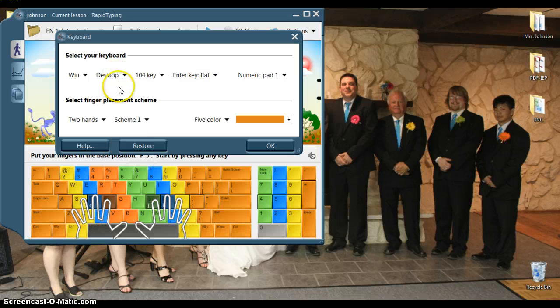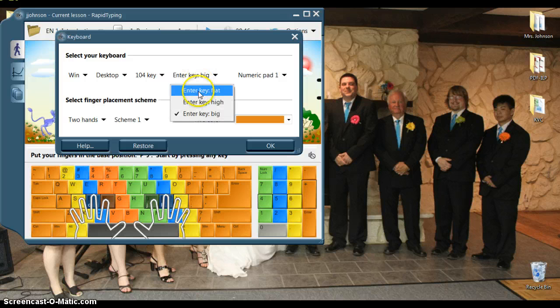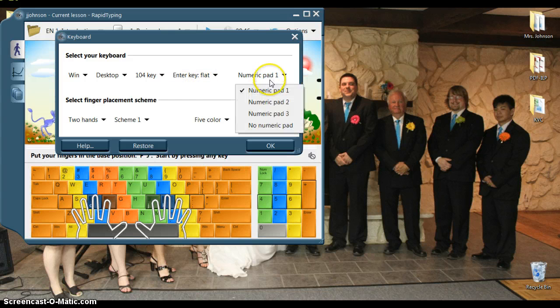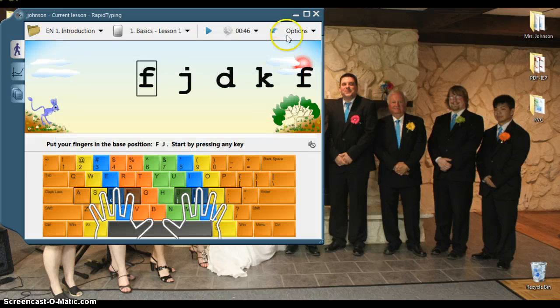So usually it's the desktop type of keyboard that you have, and then you can select what amount of keys you have. You can enter if the keys are high, if they are flat, or if they are big. And then you can also add your numeric pad or not have it on there at all. So especially if they're using a laptop, that would be the best. And then you can also select your finger placement theme for this. Okay, you're going to go in,